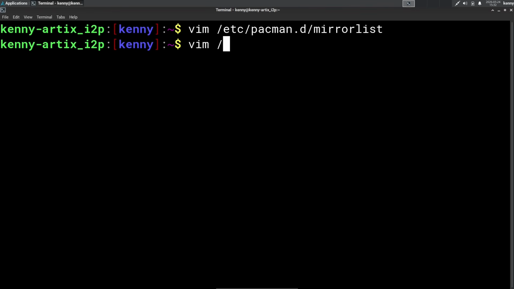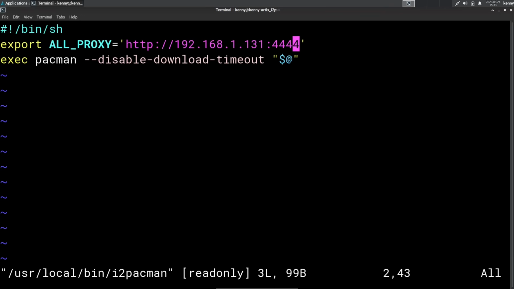Just go ahead and create a script in /usr/local/bin, and I called mine I2Pacman. You can name it whatever you want, but you want to make sure it's something fairly easy because this is actually going to be the command that you'll have to type later to download packages over I2P. So in here,